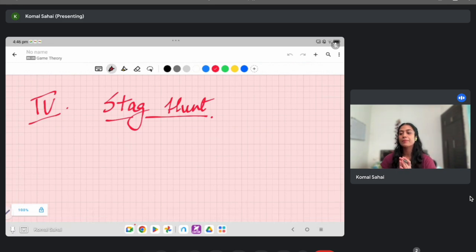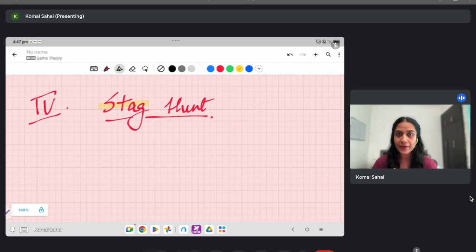All right. So the verbal description, let's do that before we fill the form and then make the matrix. So the verbal description goes that now there are say n hunters, right? So there's a group of hunters, and they are going out to basically hunt, right? And the setup is that they can either go for hunting a big animal, right? So that big animal is essentially the stag. I'm sorry, that big animal is the stag. That's why it's called a stag hunt. But on the other hand,